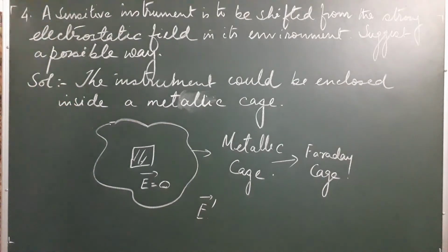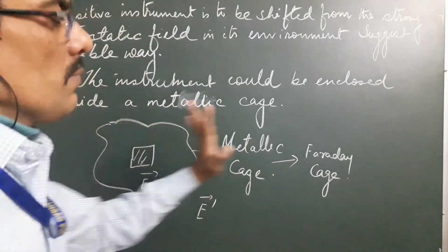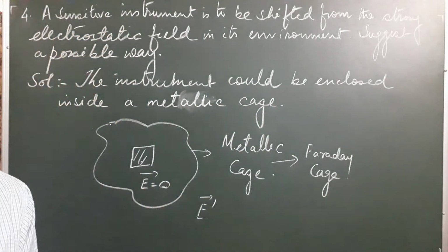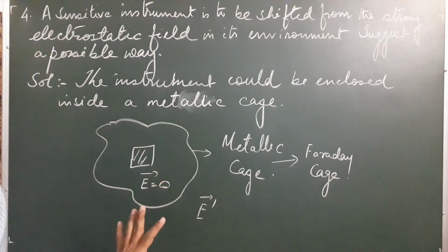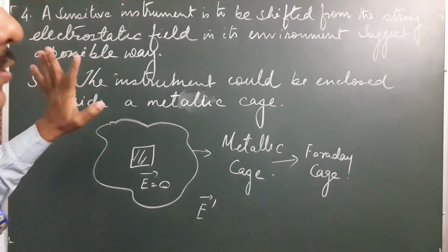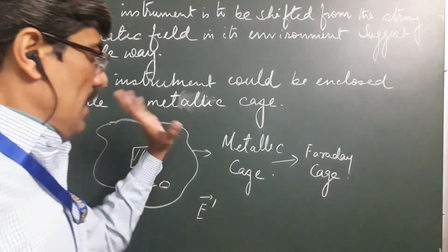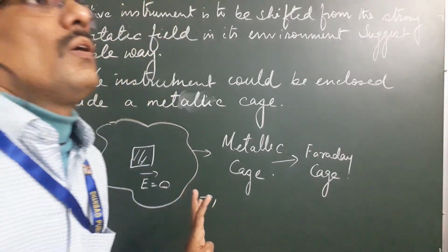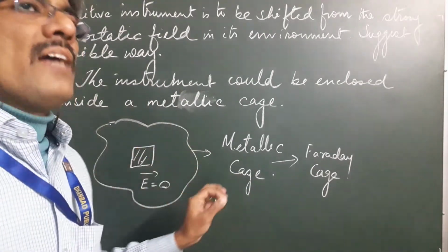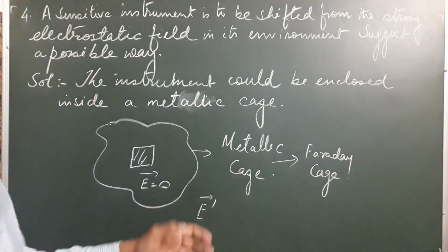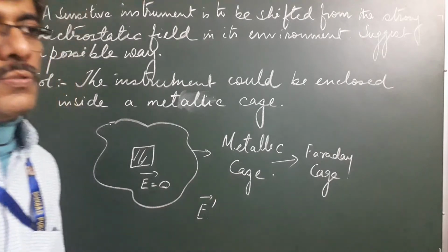So as you put this instrument inside the metallic cage and shift it, it will always remain in a region which is free of electrostatic field intensity. Therefore there is no risk of getting damaged. This is how you shift instruments from one place to another. In fact, this kind of system is also called electrostatic safe bags or cages. They are actually used in practice as electrostatic safe bags or packages. Okay, have a look at it.